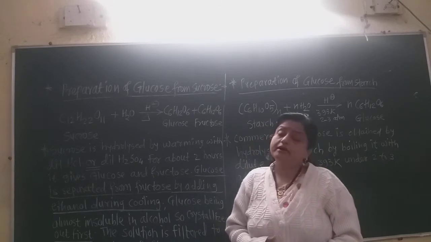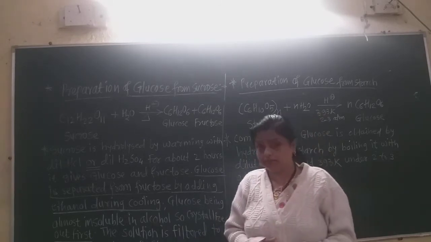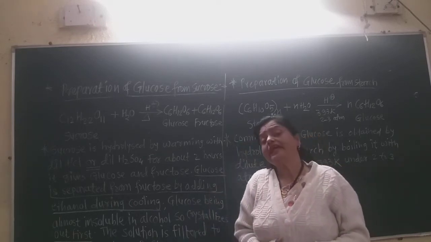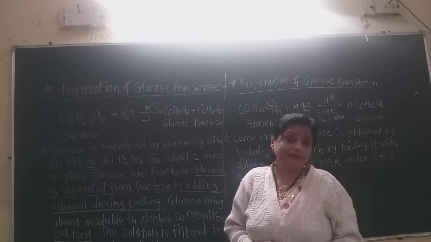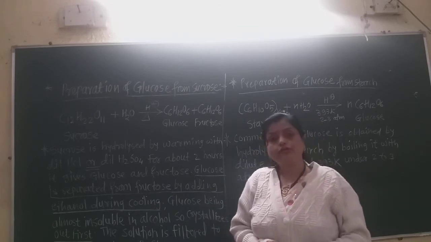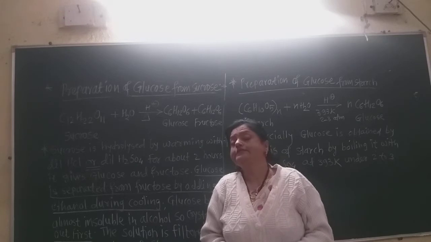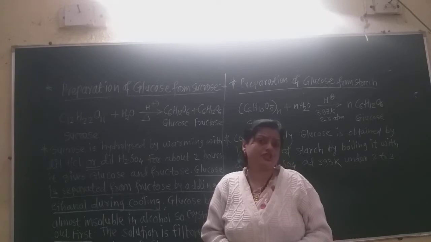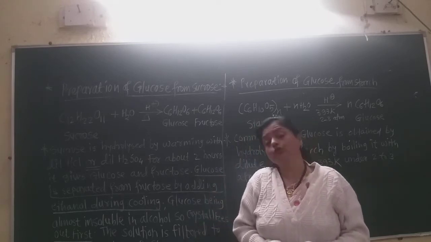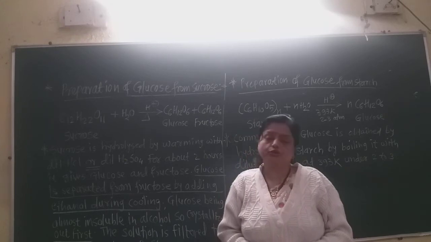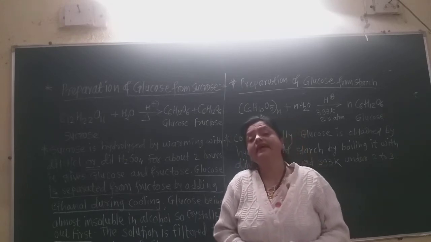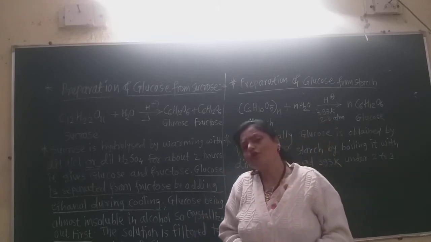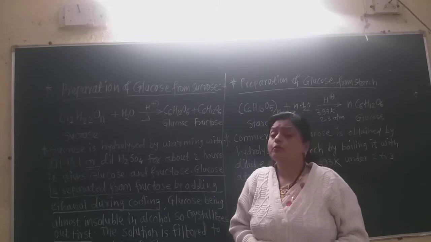Now how is glucose commercially manufactured in the factory, or how can we prepare glucose in the laboratory? Let us see the preparation methods of glucose. You know the molecular formula of glucose is C6H12O6, and yesterday we again saw the structures of glucose and fructose. Glucose is an aldose sugar because it contains the aldehyde group, or glucose is a polyhydroxy aldehyde, and so we call it a carbohydrate.